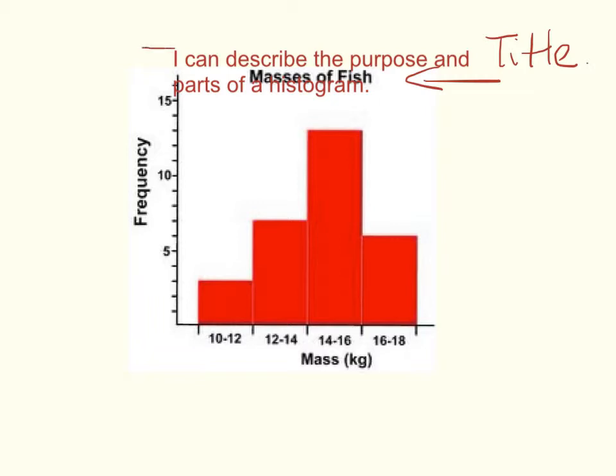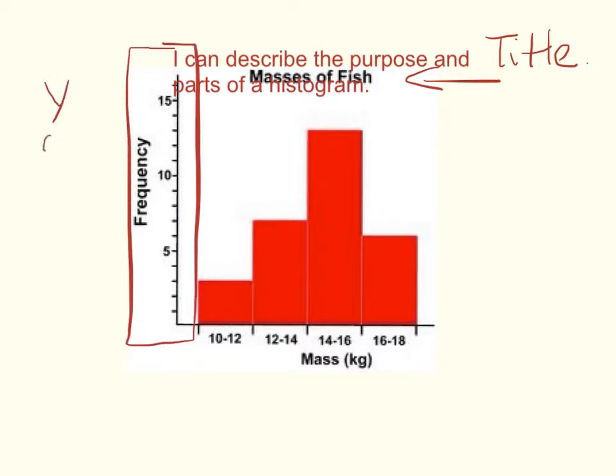Along here we have what is called the y-axis. The y-axis indicates the number, or in this case the frequency, and the axes will always be labelled, and so you can quite clearly see these are measured out in intervals 5, 10, 15. Along the bottom here you have what is called the x-axis. Now, as we described before,